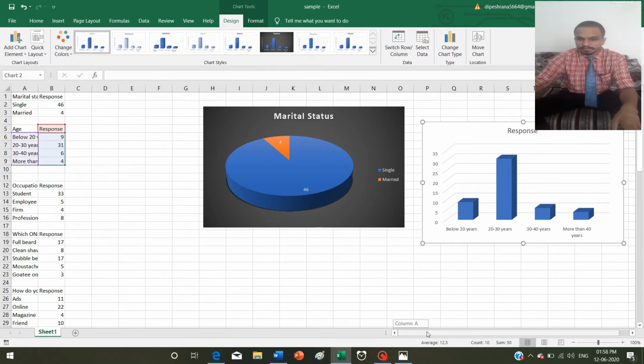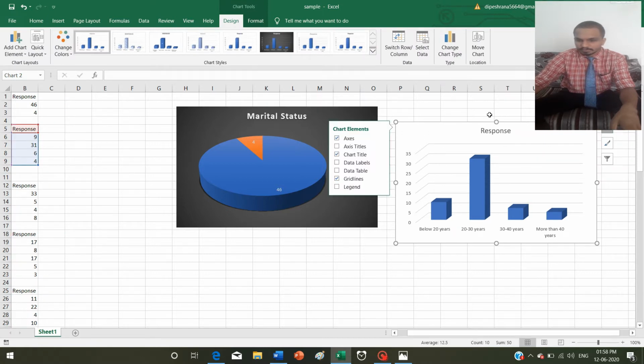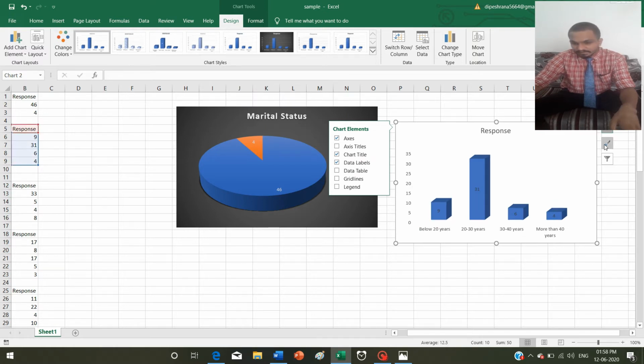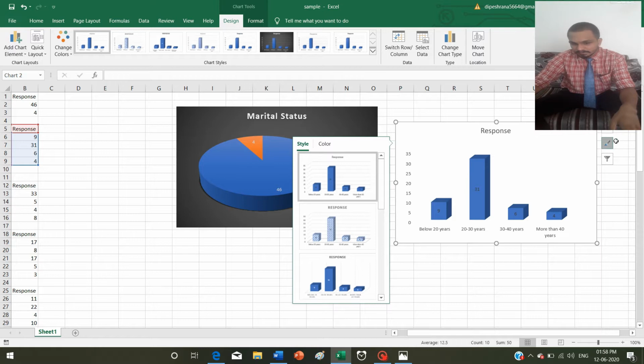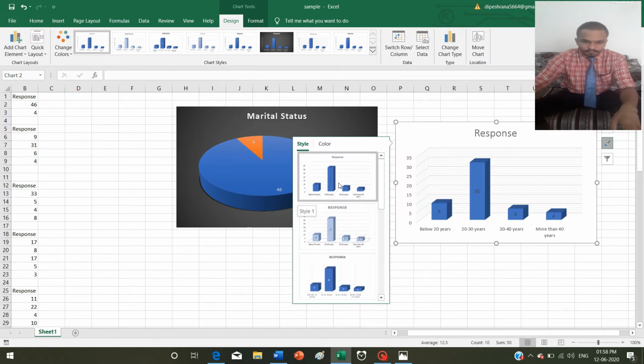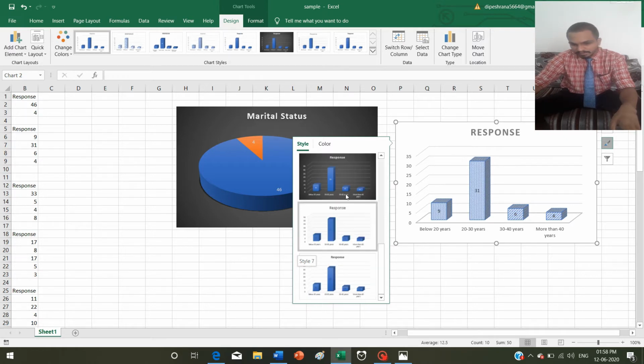Now I wanted to make it attractive, so I will remove these grid lines. I don't like grid lines. I will put data labels. Then I will go to this paint option, this brush option, you can see all over here. Then I will choose the style I need.